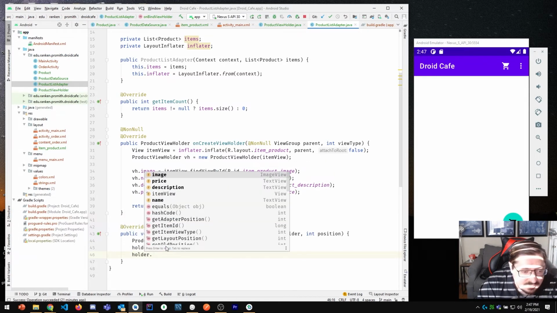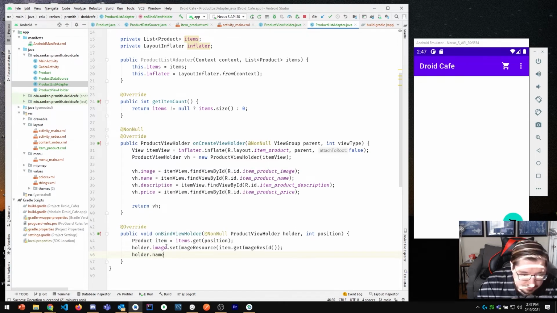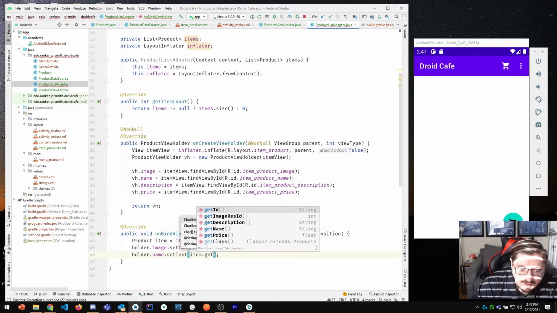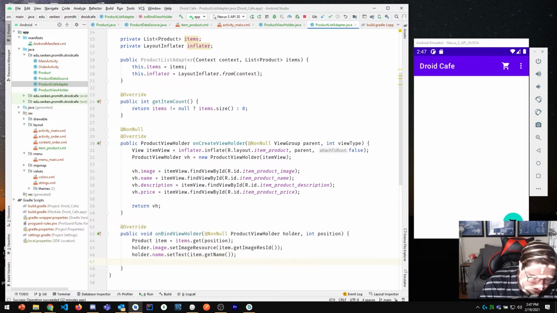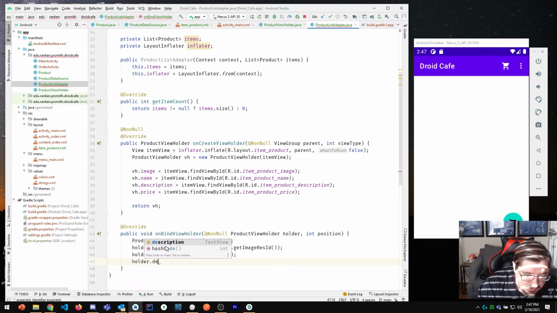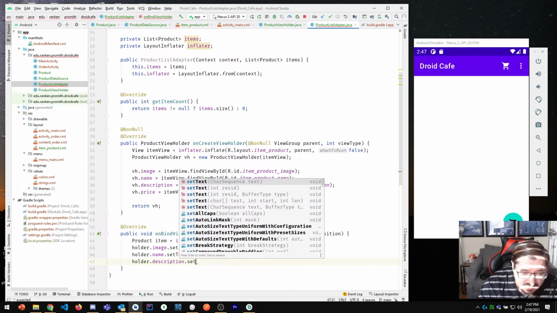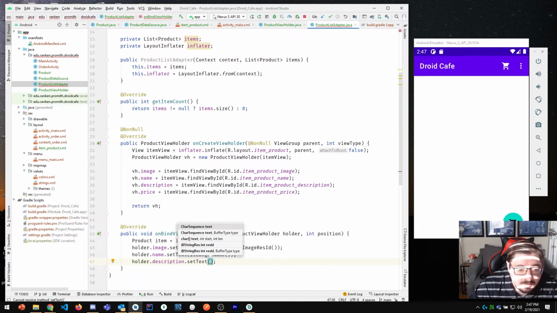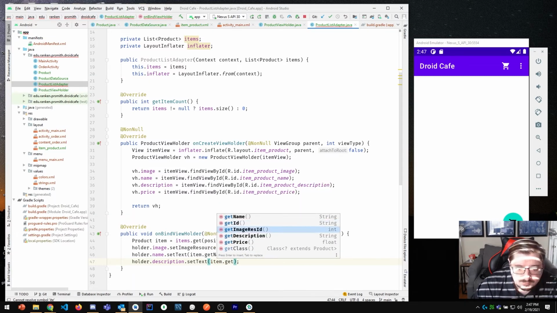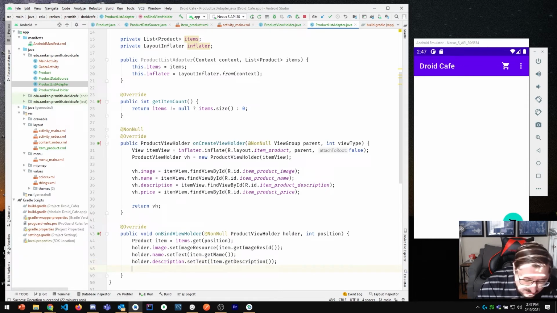Okay, so that's the image. holder.name.setText, and that's going to be item.getName. holder.description.setText, and I want to set that to item.getDescription, and then with the price